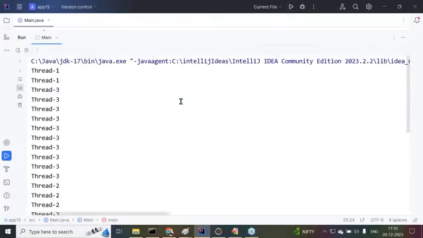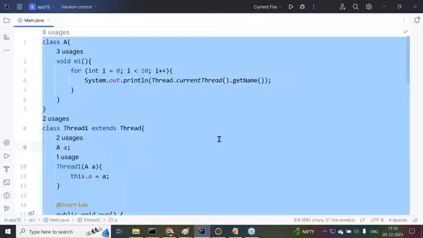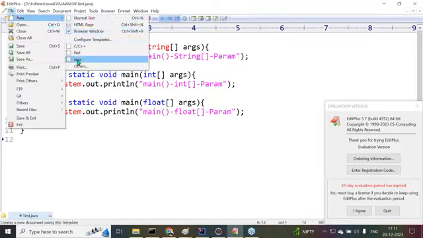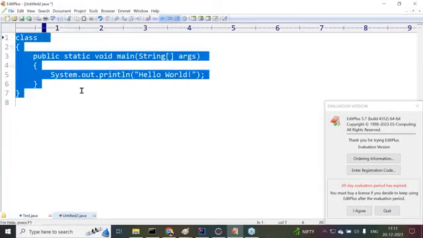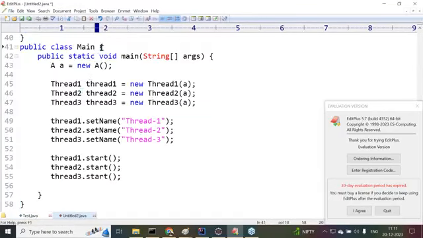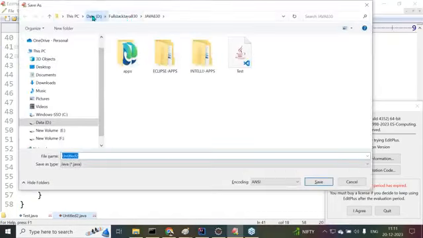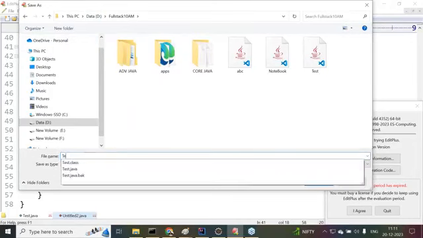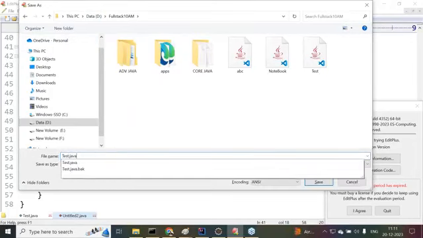Got it or not? If we execute the same program in EditPlus, we get perfectly mixed output. Let me check this one anyway, so I don't give any confusion. Now I want to execute the same program in EditPlus. Now observe carefully. I want to take a new file, with these classes, the test class. Let me save it in D drive, full stack Java 10 folder, as tester.java.